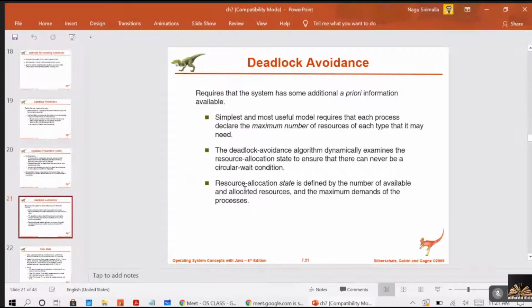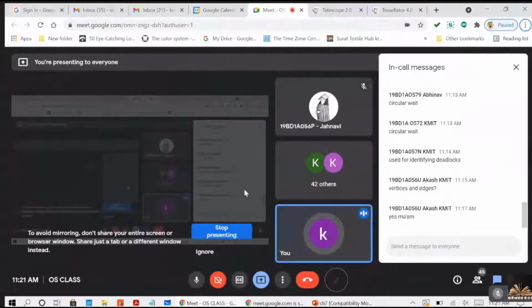And coming to deadlock avoidance, how you are going to avoid the deadlock situation. First, the OS should know what are the total available resources, what maximum number of resources a process needs for its execution, what set of resources it is holding, and what resources it is requesting. Because the OS is having all the information, like its maximum need, what it is currently holding, what it is requesting for, and the total available resources in the system. So all this information will be available with the operating system, right?